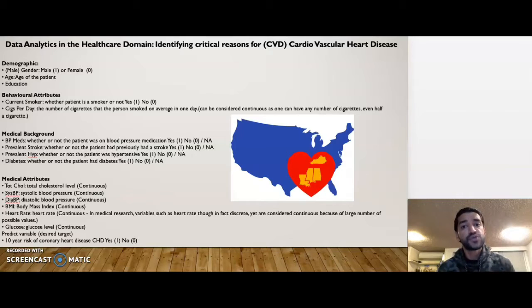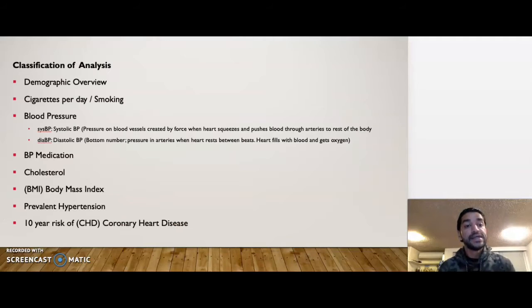For this, we've chosen a data set of a population in a town in Massachusetts. Here we have a summary of the data dictionary with a list of the different attributes in this data set. This is a summary of the classification of our analysis. So we've selected key attributes from the data set that play a key role in identifying individuals that are prone to cardiovascular diseases, and we based our analysis on top of that.